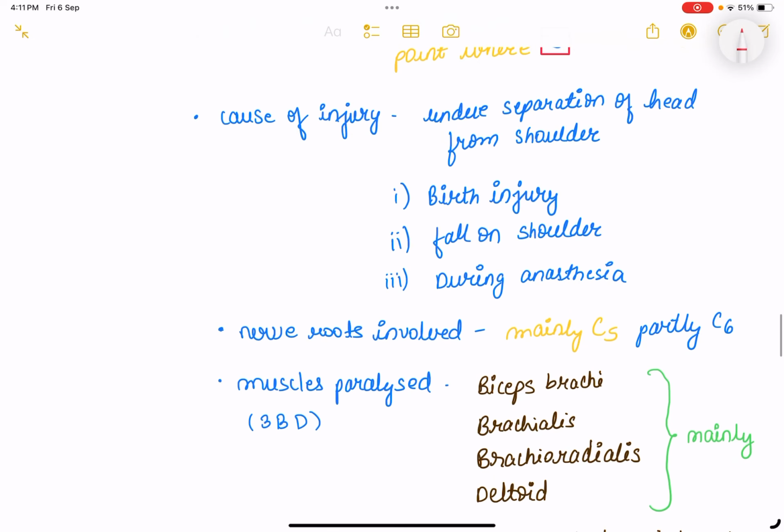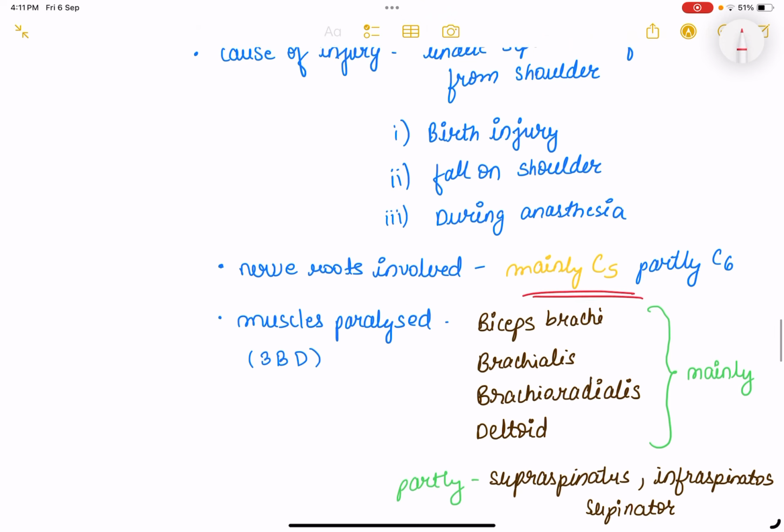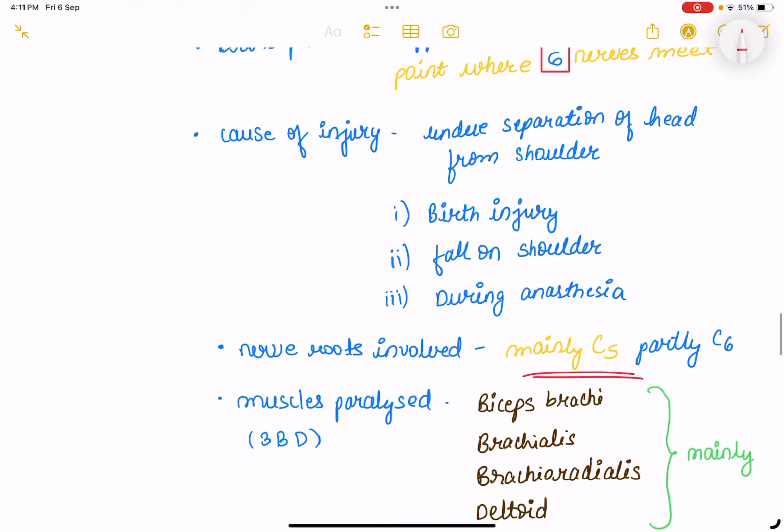Okay, so now what might be the causes of injury? It is due to undue separation of head from shoulder. Now this might occur due to any birth injury or fall on shoulder or during anesthesia. Nerve roots involved are mainly C5 and partly C6. So you can remember this, that